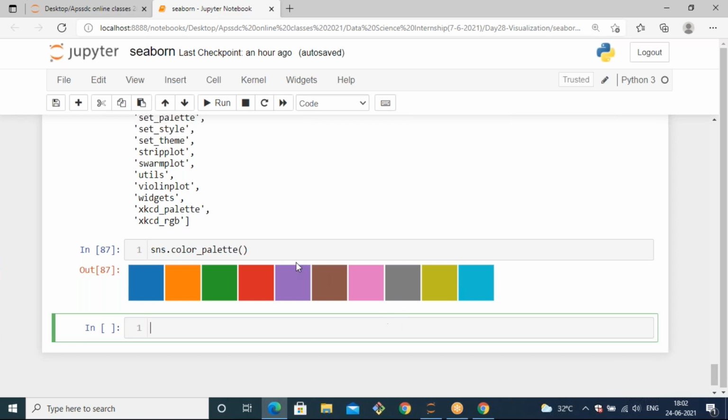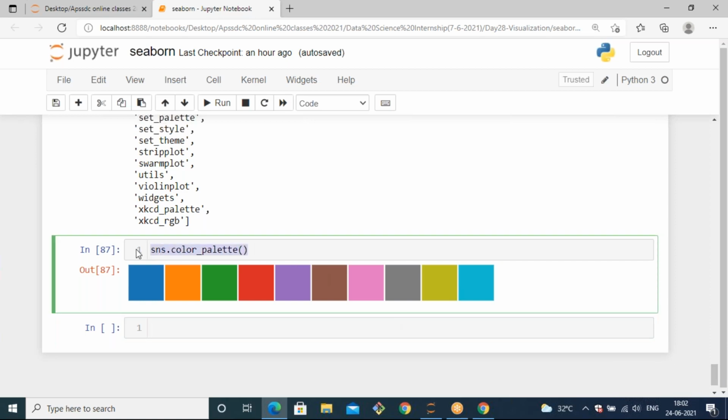So now let's see, if you want to generate your own colors, you can use Seaborn. When you use sns.color_palette, it will generate some colors. But after uploading this file into GitHub, you might not get to observe these colors. So if you want to visualize these colors after running these cells, you can use one plot, that is palplot. I think you get that plot from Matplotlib.